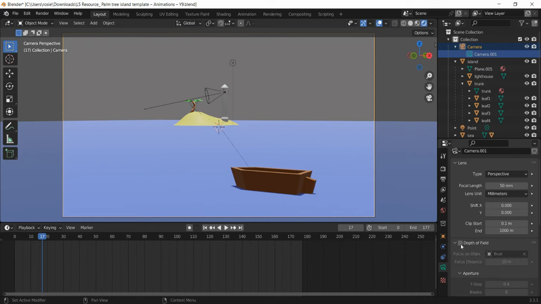Now, what we can do is we can start by using depth of field. Okay, so this is where the camera's going to be focused. So if I click that, you can see because boat's selected, we're focused on the boat, and the island is out of focus. Okay. Now, if we want to change that, I've just pressed X to get rid of the boat, but we can use the dropper, and you can see if I hover over there, it's got the individual items that we made earlier. So if I click on, say, trunk, that's now going to focus on the trunk of the palm tree, and the boat in the foreground will be blurred.